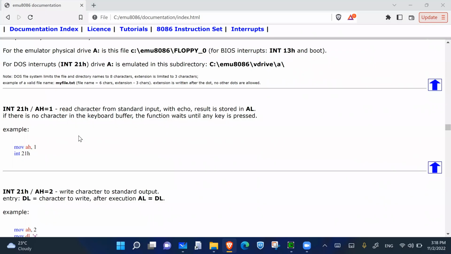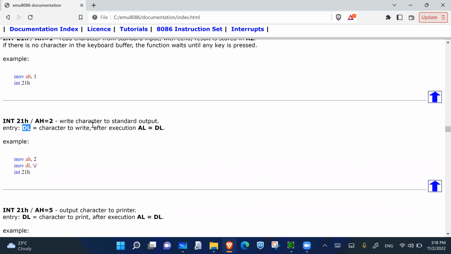Before proceeding and writing an example about how to print a single character or a string, let's just read about interrupt 21. Function 2 is about writing a character to standard output. The character to be printed is located in DL. You see that after execution, AL is equal to DL. That helps you to know what character has been printed if you need to read AL. So move AH, 2, this is an example. The character to be printed is A, so you locate the ASCII code of A into DL